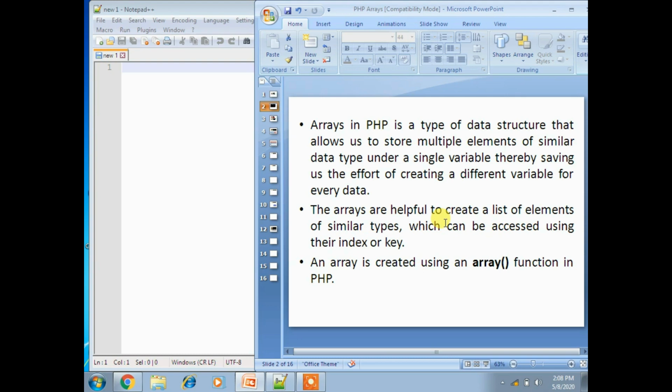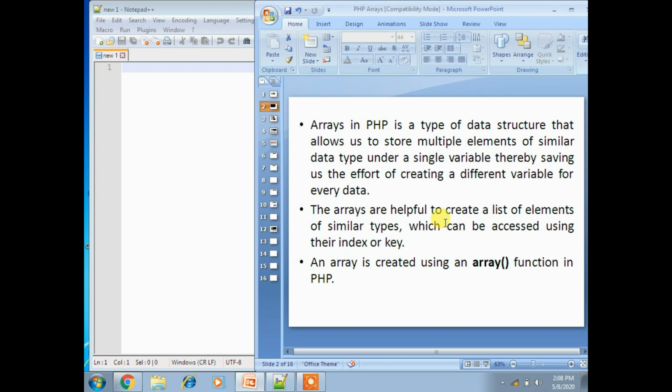Let me give a simple explanation. Suppose we want to store 5 names and print them accordingly. This can be easily done by using 5 different string variables. But if instead of 5 the number rises to 100, it would be really difficult for a developer to create so many different variables.